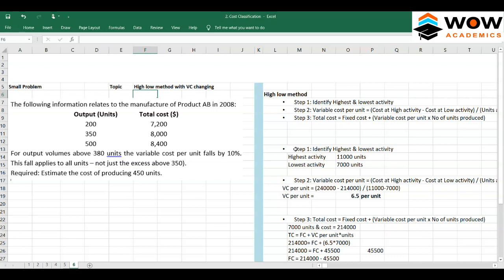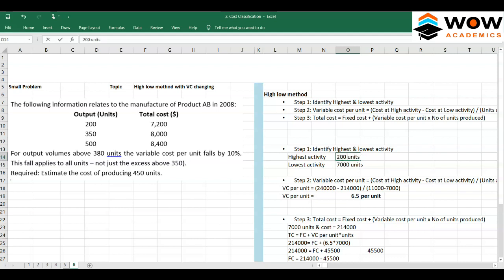Here, if we produce beyond 380 units, the variable cost falls. So 200 and 500 units cannot be compared. Normally 200 and 500 would be compared in the high-low method, but here we can't compare them because if we produce more than 380, the value of variable cost falls. So we cannot use 500 here. We can compare only 200 and 350. So our relevant units in this problem are only